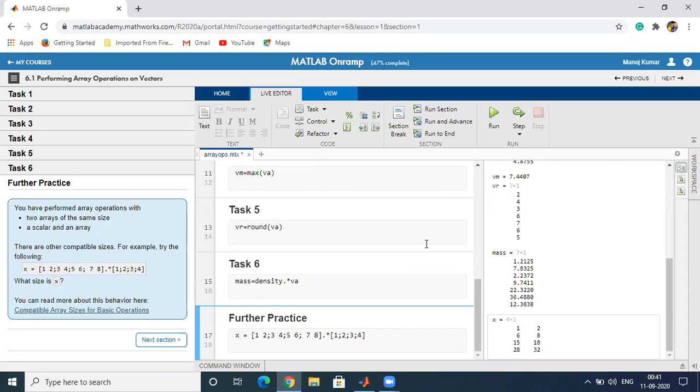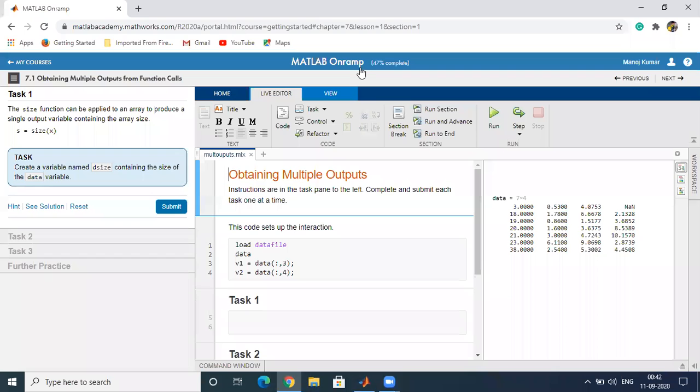So the first column will multiply with the vector, and it will give the first column which will be 1 6 15 and 28. Then the second column of the matrix, which was 2 4 6 8, was multiplied with 1 2 3 4 to get 2 8 18 and 32.